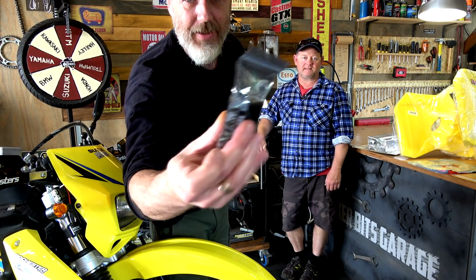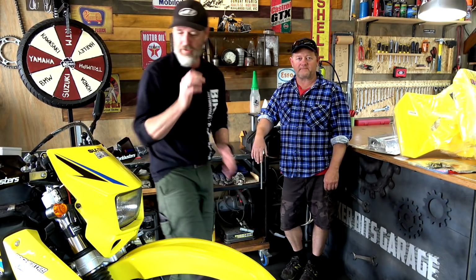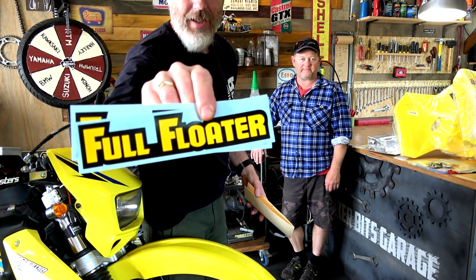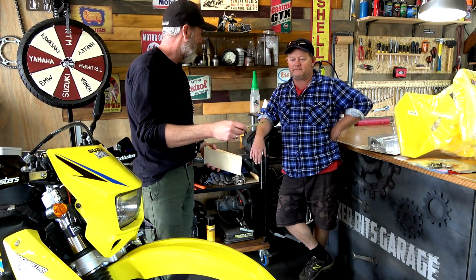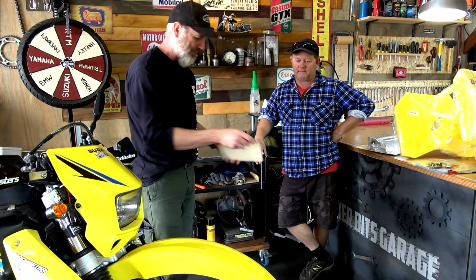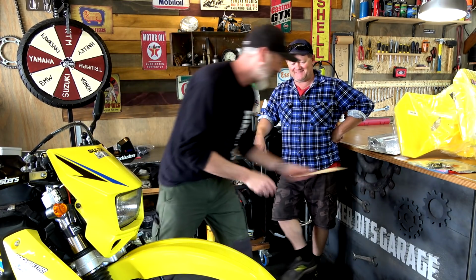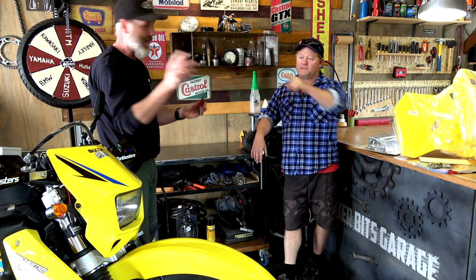For the blinkers, that's the flasher relay that'll be put in, so hopefully that makes it all work properly. We've got full floater stickers, so that's a bit of your childhood reminiscing. RMs and all that kind of stuff used to have that. Got that off eBay. Nay said it sounds like a poo or something, a full floater. And that fuse to go with the...